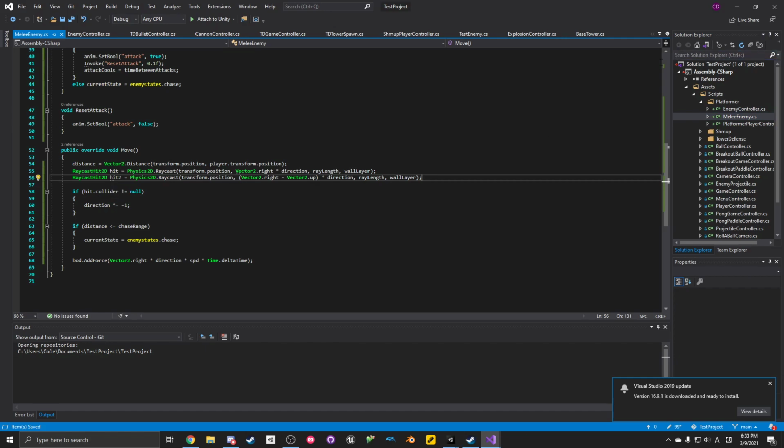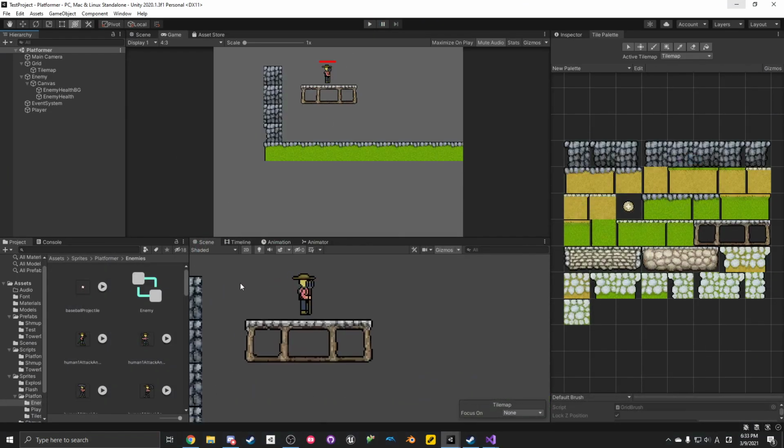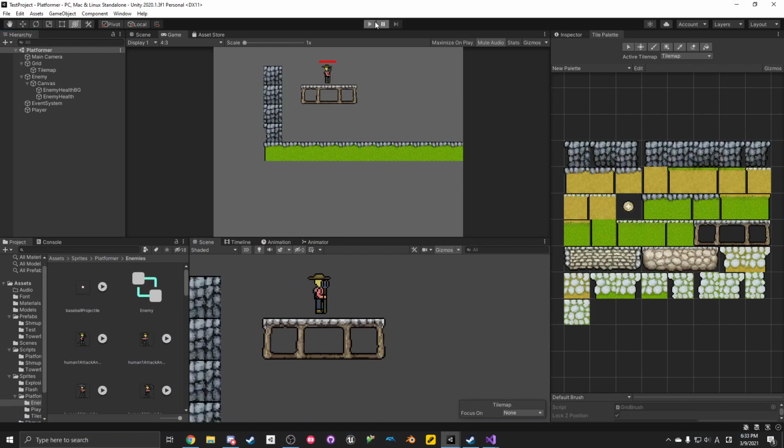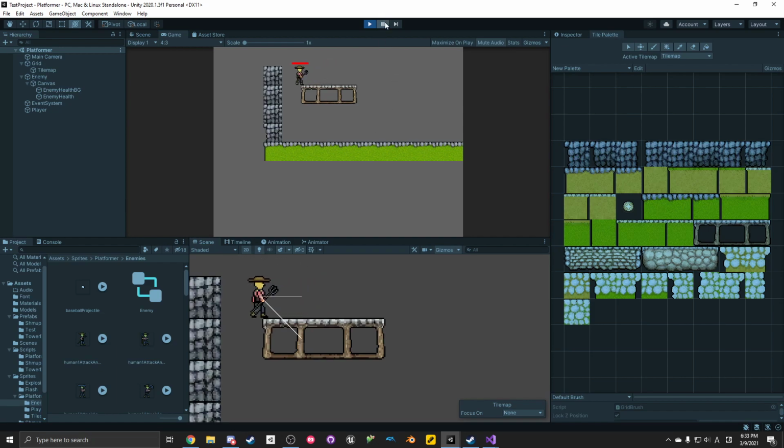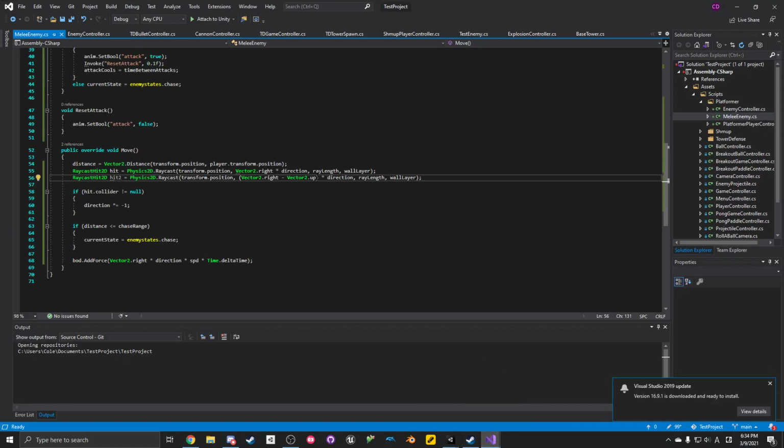So ideally this should be already in front of the enemy at all times. Let's see if it looks like it is. Okay, so it's down and up. So we need to... Oh. Ah, yeah, right. Because we multiply by -1, then it flips the ray in the other direction. So we need to do,